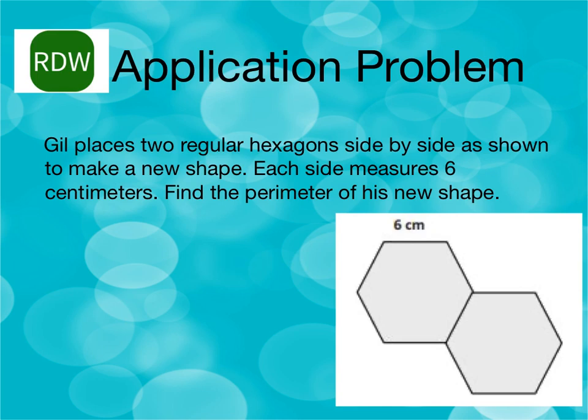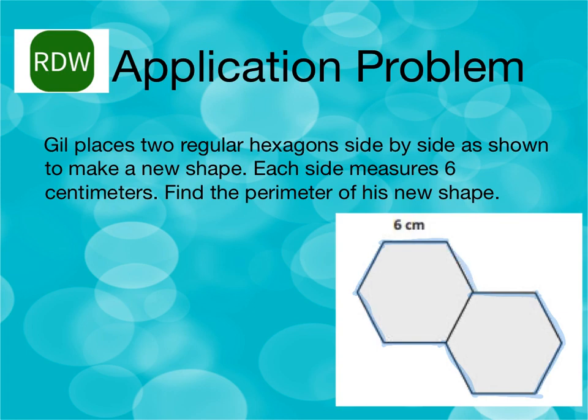Application problem. Gil places two regular hexagons side by side as shown to make a new shape. Each side measures 6 centimeters. Find the perimeter of his new shape. So if I was going to solve this problem, boys and girls, I would know that my regular hexagon, each side length is 6 centimeters. So I know that this side is 6, 6, 6, 6, 6, 6, 6, 6, 6,